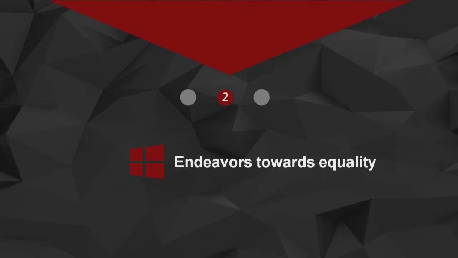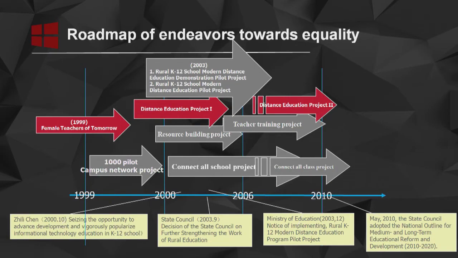And given these severe conditions in China, our country initiated several projects to try to improve education equality in the entire country. So this is basically the roadmap of our initiatives to promote education equality, and as the red part in this map shows, our education equality initiatives can go back to early 1999, and after that we have at least 3